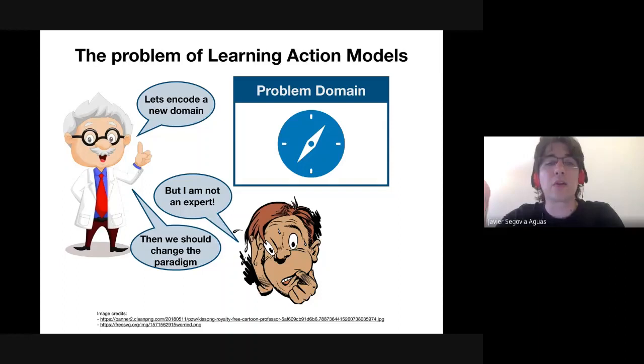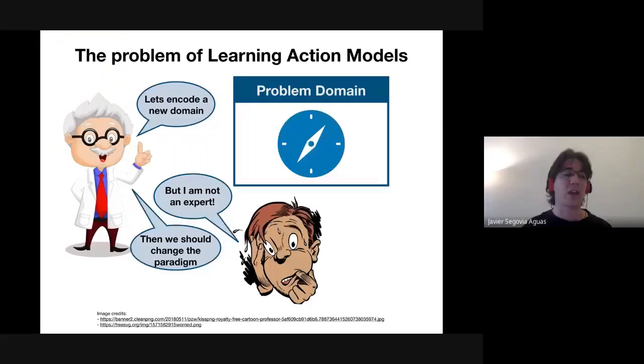But typical users of computers are not experts. They are not programmers. They cannot pick a language and say, okay, I understand everything, I will encode a new problem and solve it. But maybe they want to program something like we program a clock alarm. So what they say is, I am not an expert, I cannot do it. So then the expert says, okay, then we should change this paradigm of how we generate